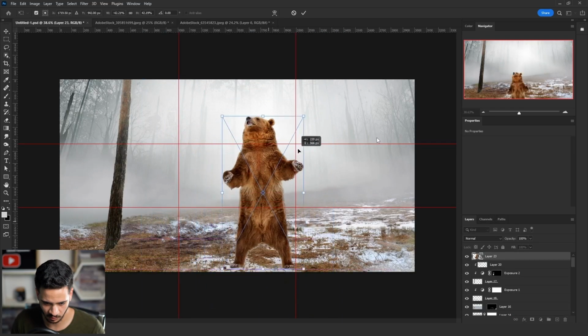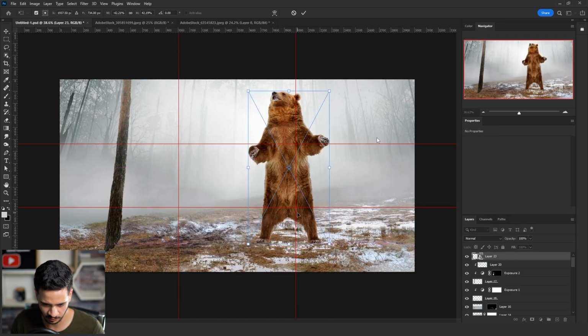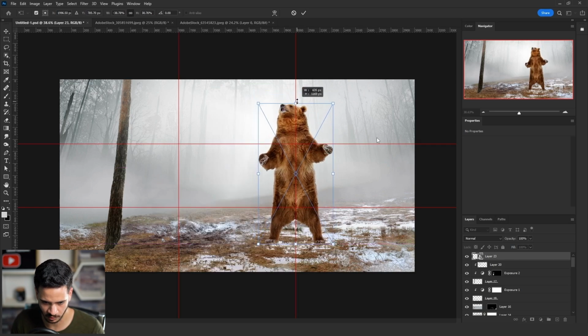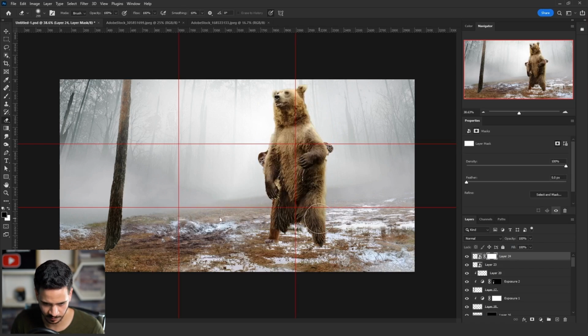What I'm trying to do now is find a good place for the bear using the rule of thirds, of course, because I wanted the bear to be aligned with this line right here, and the hunter, of course, will be on this line. This is the second bear, and I use the eraser tool